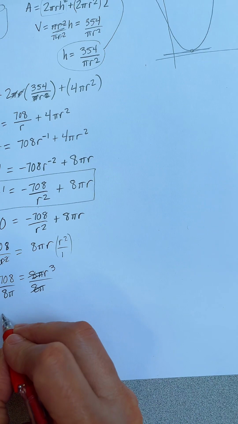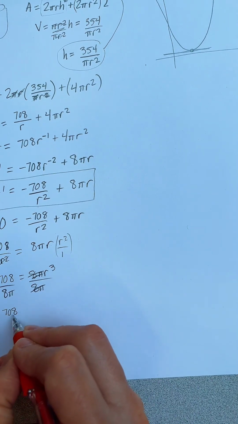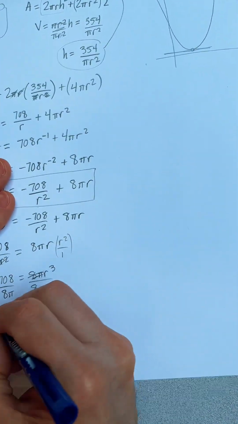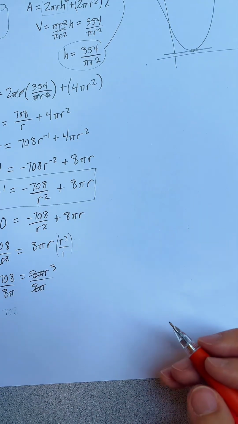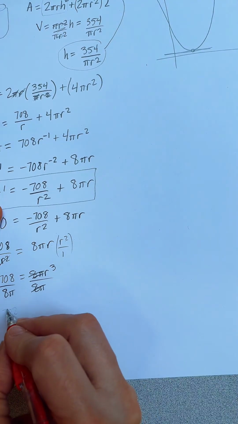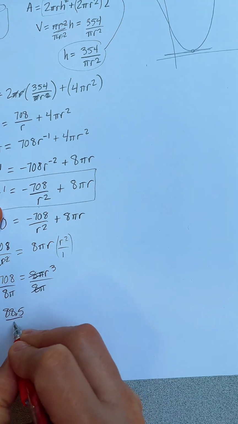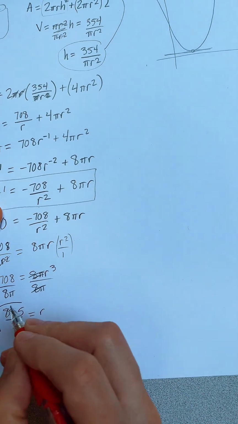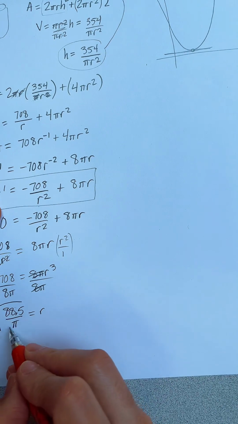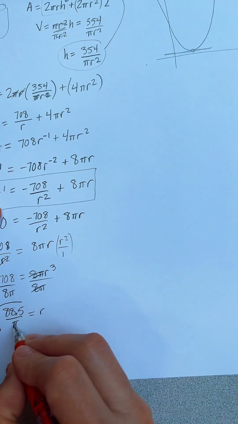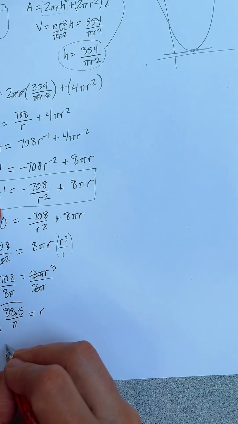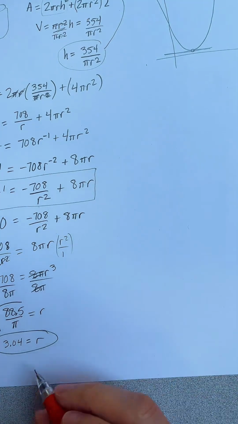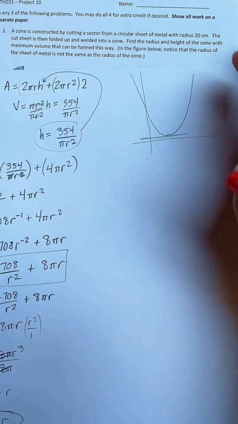So let me just rewrite it. While I'm at it, might as well do 708 divided by 8, which is 88.5, I believe. Yeah, 88.5 over pi equals r cubed. So if we take the cube root of both sides, then we'll have this. And this is essentially a decimal. If you take 88.5 divided by pi and then do the cube root of it, you'll end up with approximately 3.04 equals r. So there's our r value, and we can plug that back in up here